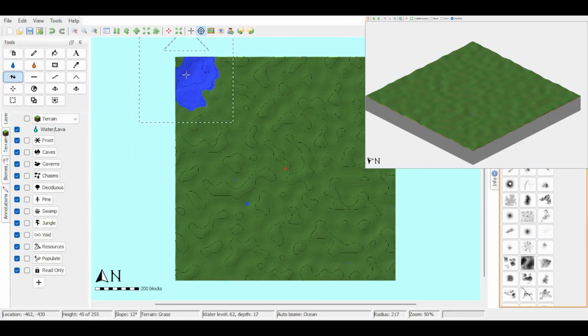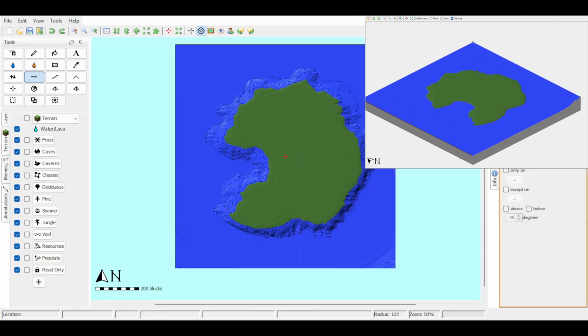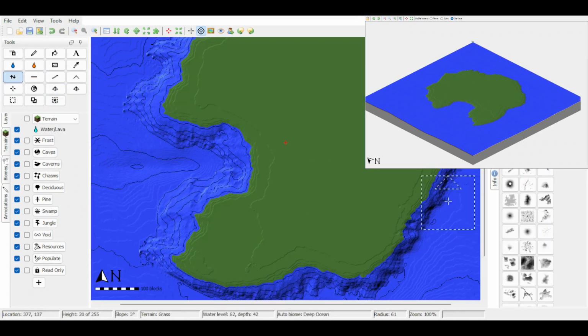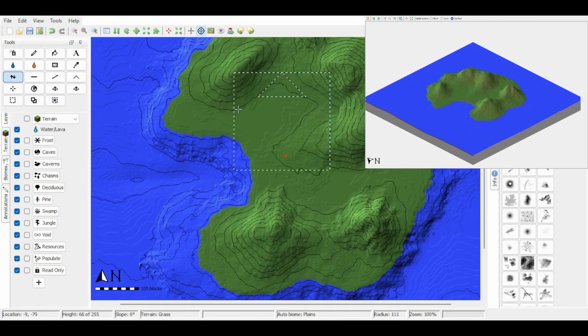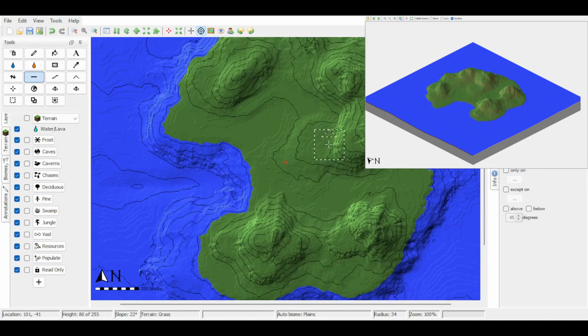Let's go. Alright, for this time-lapse we're doing something a little bit different. I'm going to do a quick voiceover while this is going in the background. Basically, I just use World Painter and cool brushes to make the mountains.